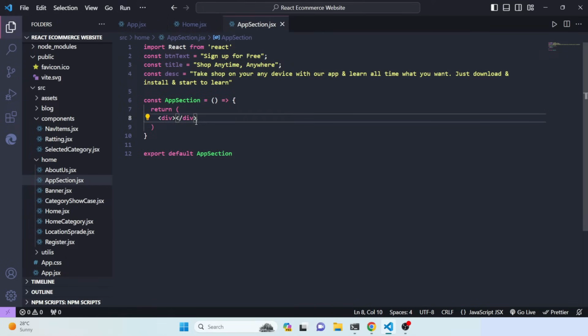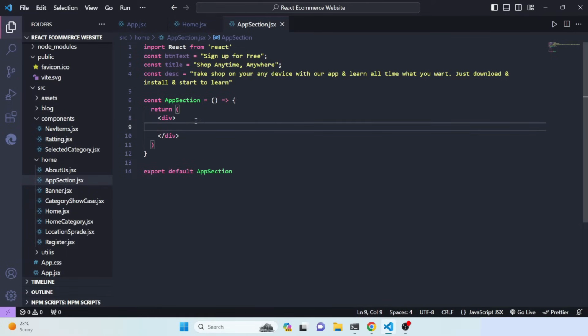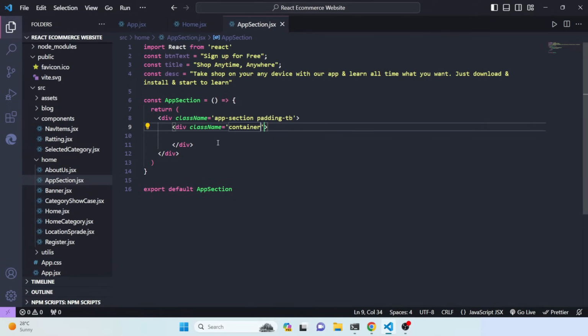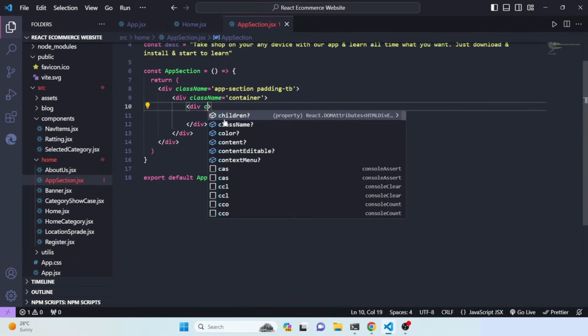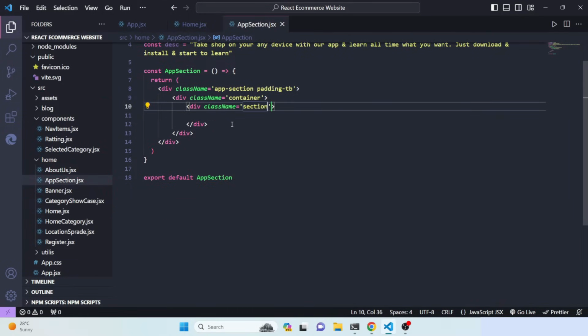We have to move to here, so let me delete the text. So this text, actually app section, and here basically we will just define a class name. As usual, we'll name it app section, then padding tb. Inside this app section we'll have another div, and that would be container. So container, and then inside this container div we'll have another div. The first one would be the section header, and inside this section header, let me define text